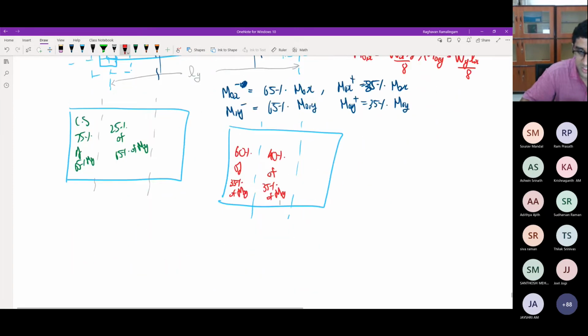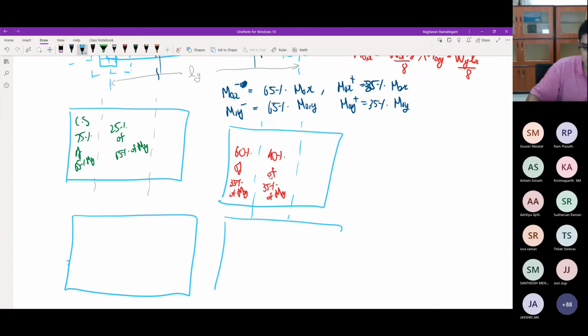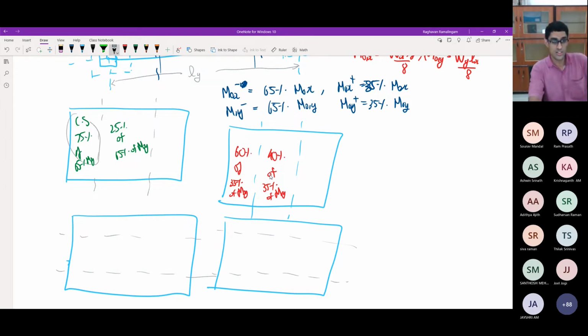So when you come to the other direction, it will be the same numbers. It will be the very same numbers, except that the way I draw the panels, the strips will be different. So if I look at the x direction, it will just be oriented this way. It will be the same things coming, but the orientation is different. That's it. Basically instead of m naught y, I'll have m naught x all along, and this will come here and so on. Anyway, when you do it, you will know. So I just wanted to tell you how this looks.